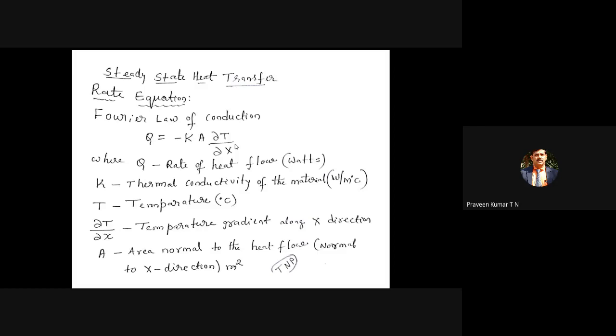When you come to the units used in heat transfer, again you are going for watts. Most of the time heat units will be given in watts, and dimensions you have to keep in meters. So Q is nothing but watts. Q refers to total heat transfer rate or total heat flow, given in watts. Then thermal conductivity is watt per meter degrees Celsius. The temperature is in degrees Celsius. dT by dx is the temperature gradient along the x direction, in degrees Celsius per meter. Area is always expressed in terms of meter.